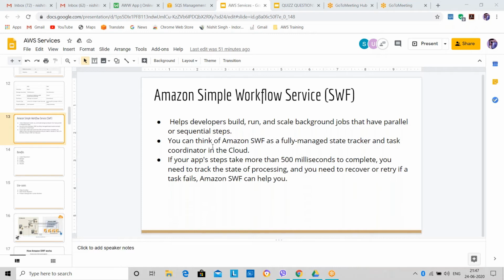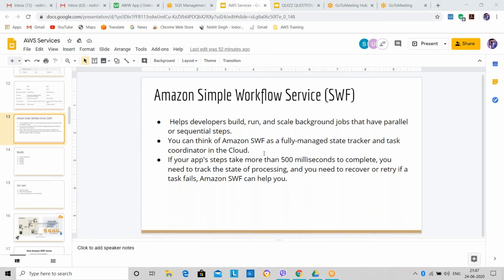The developers can create the workflow of their applications for all the background running services. If I have an application and some background running jobs for that application, I can configure the workflow of those services with SWF.